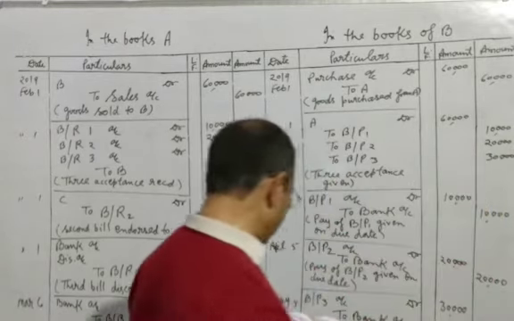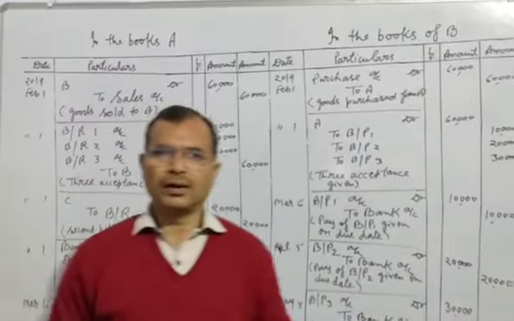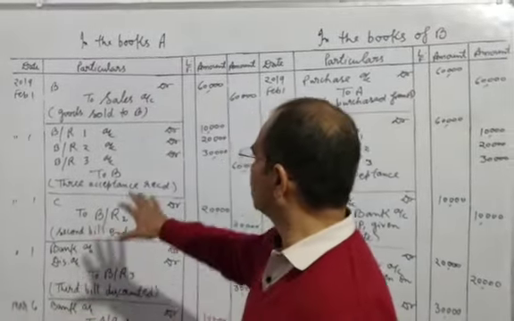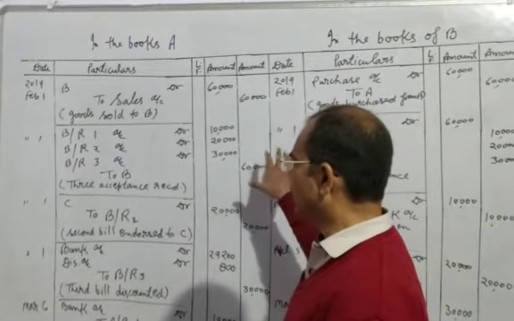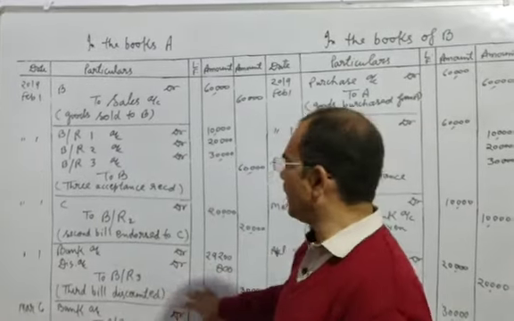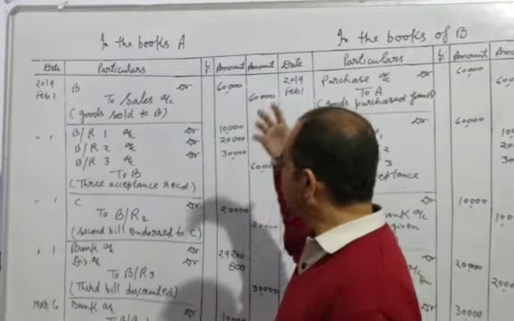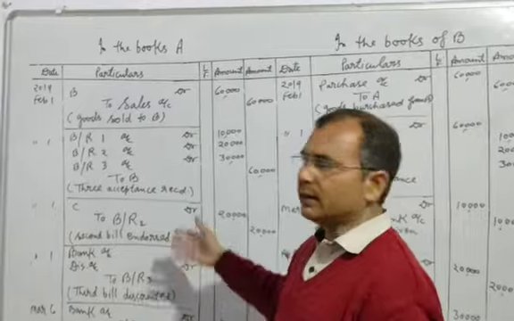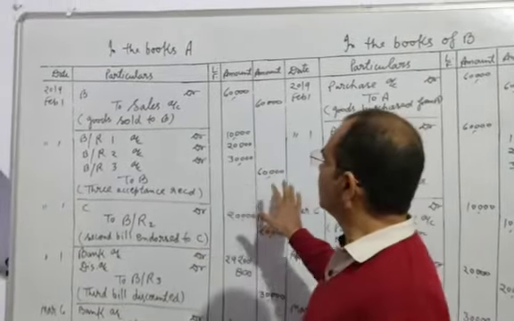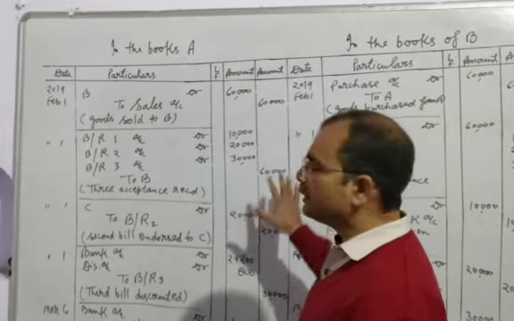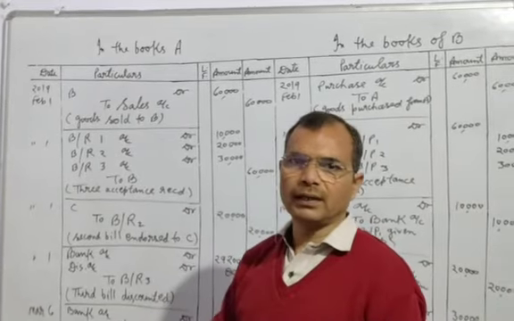So students, in this way the three bills cleared, and I think you have understood when three acceptances are received and three acceptances are given, and the different types of treatment of different bills on different durations. Okay, so students, this question is very important for your examination. Understand this question, learn this question, and if you have any type of problem, you can ask me again.